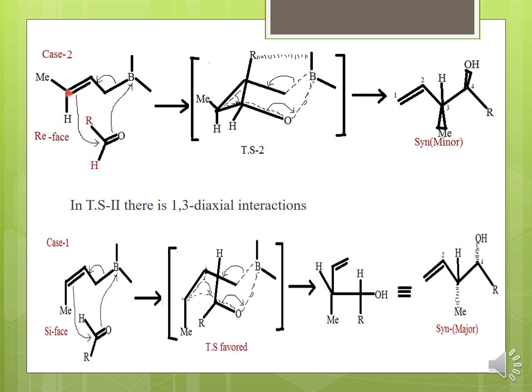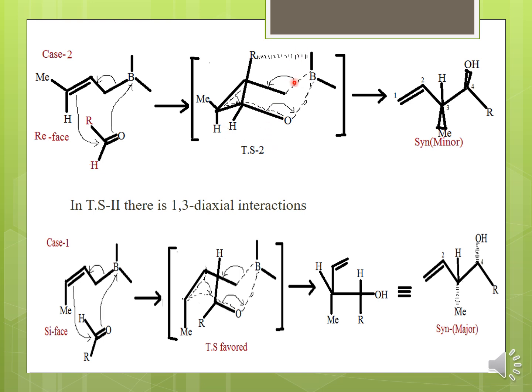Again, if you are taking the allyl metal borons, and then in allyl borons, sorry, it's not metal, it is allyl borons, boron will act as a metal. Okay, so again if you are doing it with the Re face, the clockwise direction of your aldehyde compound, what happens here is the same process of attacking. This goes and attacks over here, this goes over here, and then this bond shifts over here, resulting in this transition state 2.